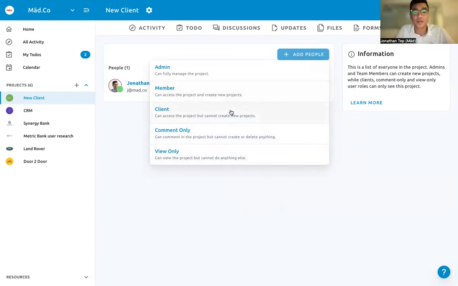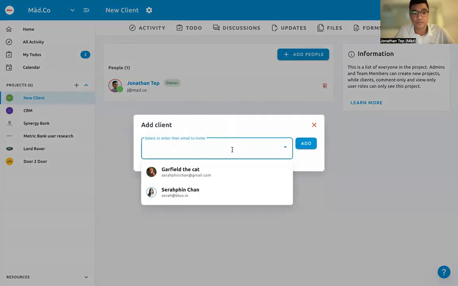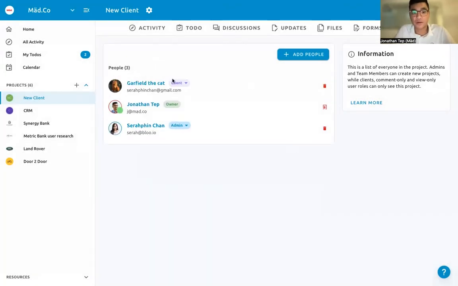So for example, I want to add a client. So I will add Garfield and Sarah, and we add them there, and this will go to their email inbox, and they will be asked to join Blue. They'll simply click a link and they can view it through their browser, or they'll have the option also to download the software itself. So once I've added people into a project, a new client, that's under People up top here. And then we get started adding